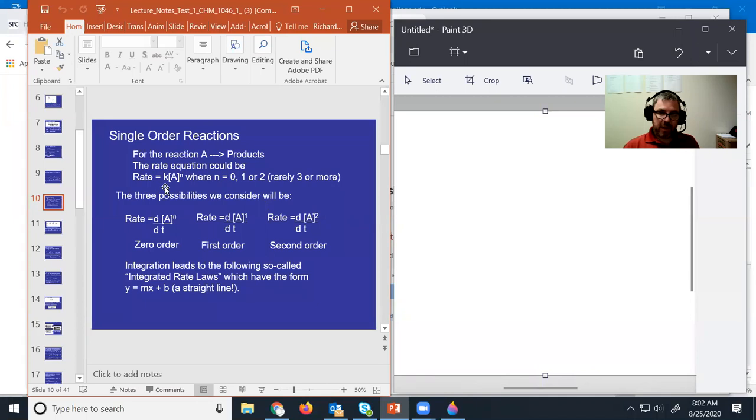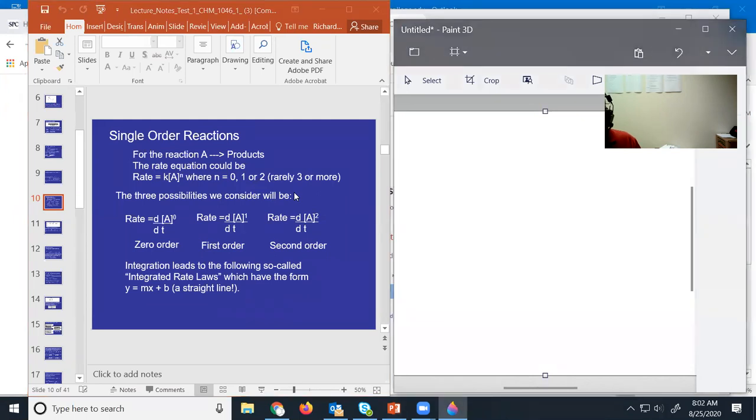All right, so we've got our rate equation then. It's going to be k[A] to the power of n, and n can be 0, 1, or 2, rarely 3 or more. Now, I'm going to give you a little bit of an idea about why the order is unlikely to be 3. If the order was 3,